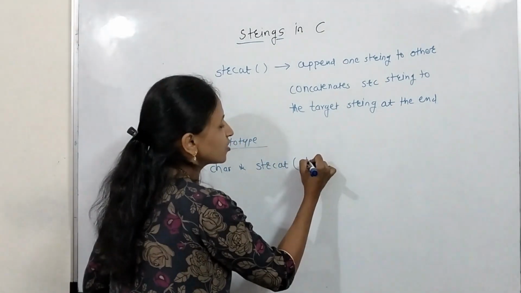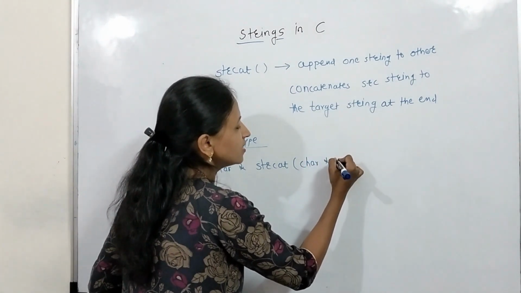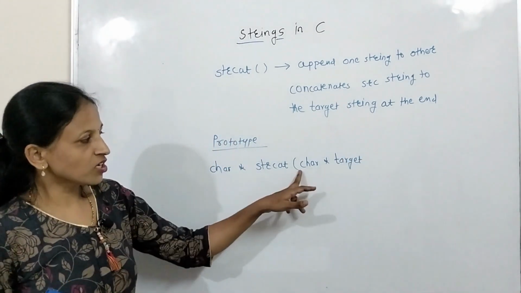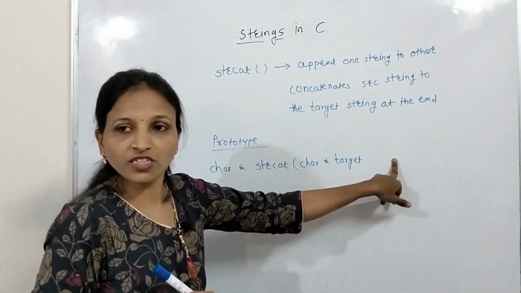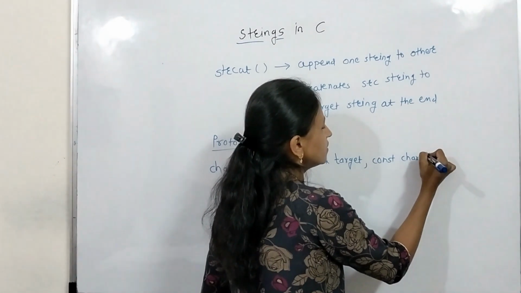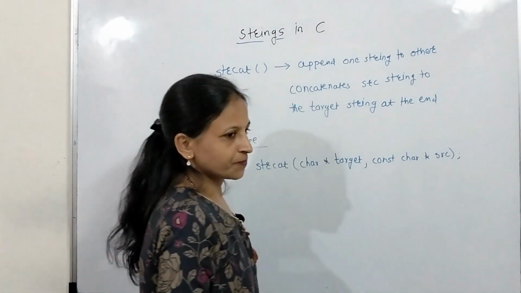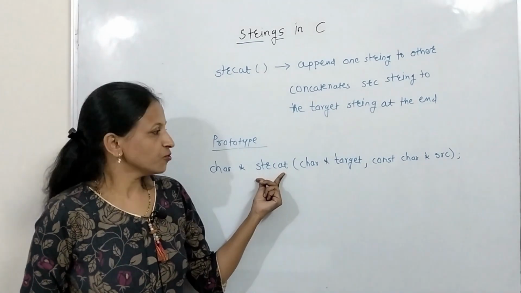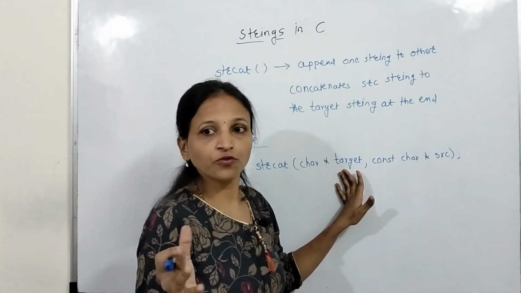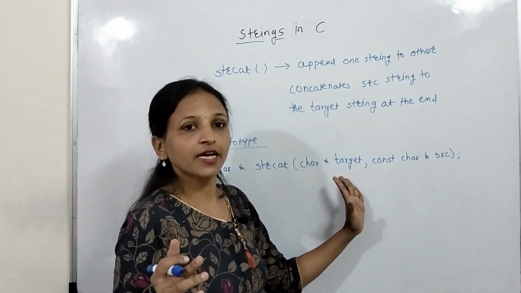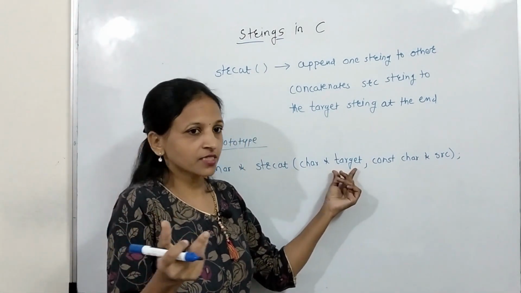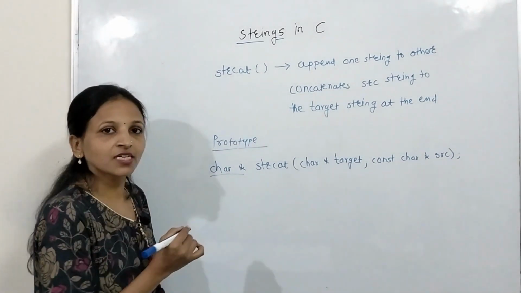Now here the first argument you have to pass is char star target. Target is going to be modified here. That's why the const keyword is not there, but in source there is a const keyword, like const char star source. Now see, this strcat function can be used to attach the source string at the end of the target string. That is nothing but concatenation, or you can say appending source to the target. Appending means attaching at the end, and whatever formed string, whatever target string, that will get returned again. That's why the return type is char star.